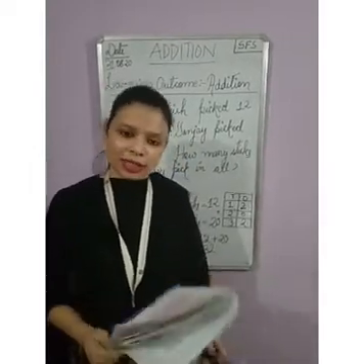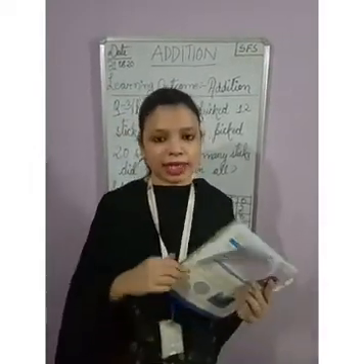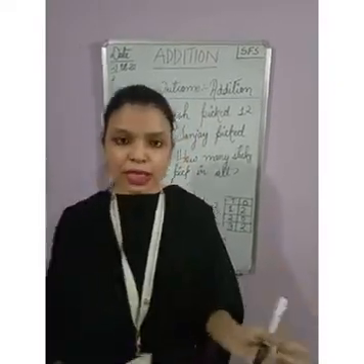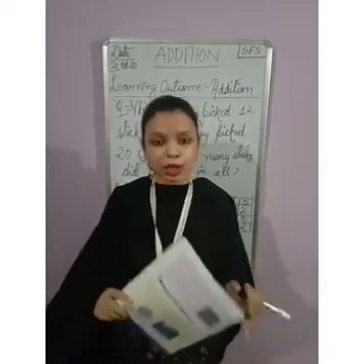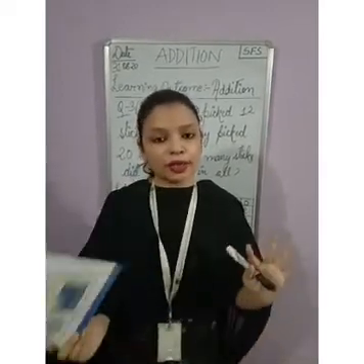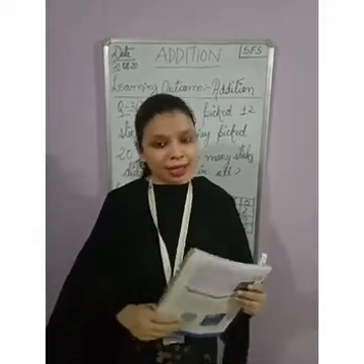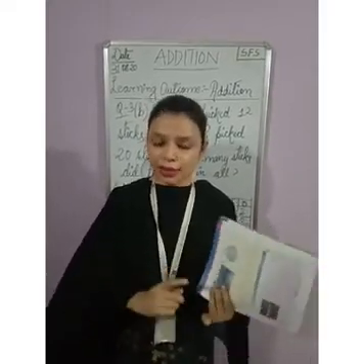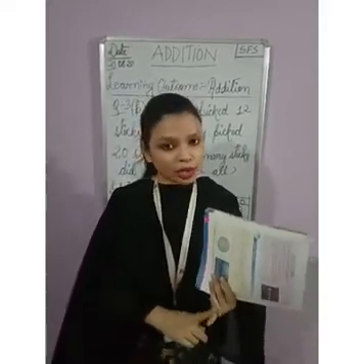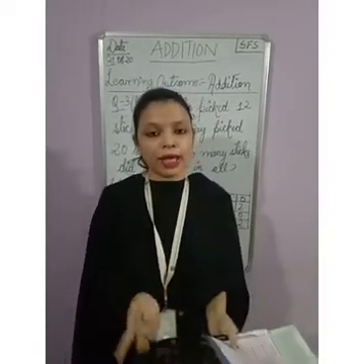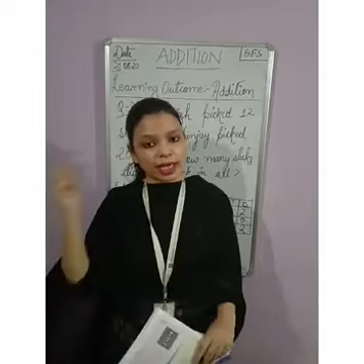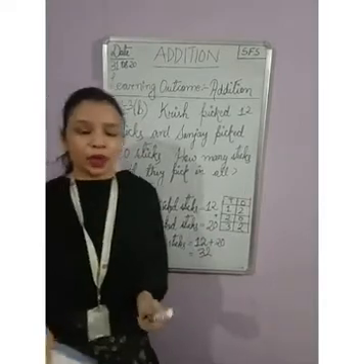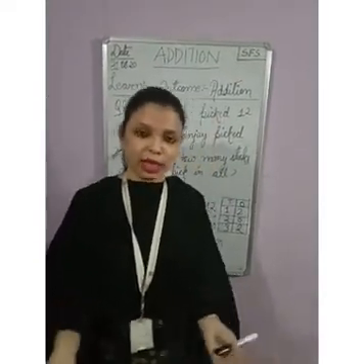So children, these are the topics that we have learned. I will take a short recall. What are the topics we have learned? First, we have learned the different words: add, total, sum, together, in all. Okay, these are the words which are used in addition. Next is the methods. The three methods are addition using your fingers, then vertical or column method, then the number line. Then we have learned how to add mentally. So mentally means using your brain and your fingers. Then we have done two word problems here. Okay, so both the word problems we have done using addition.